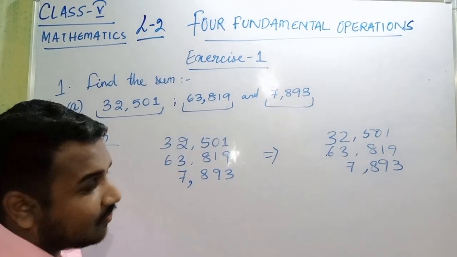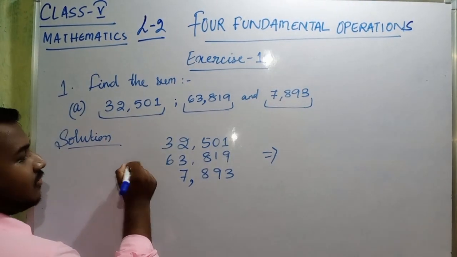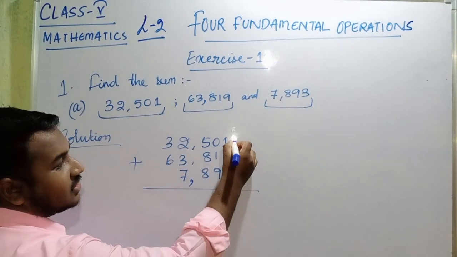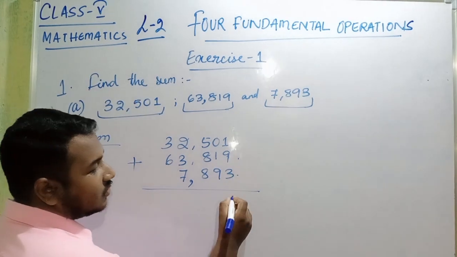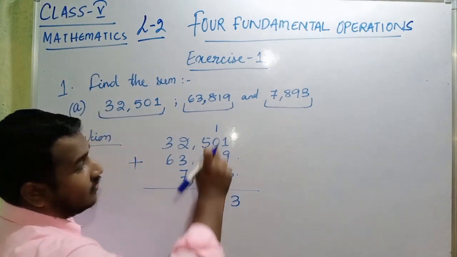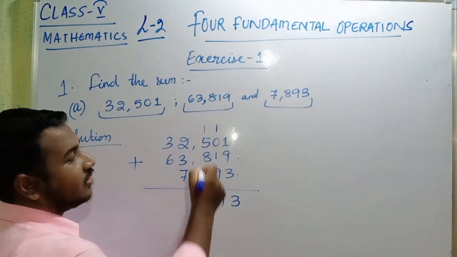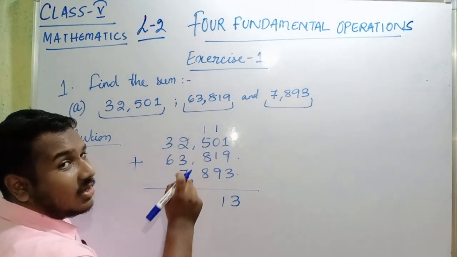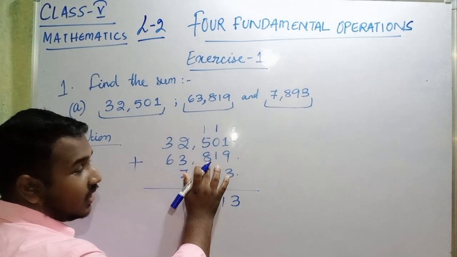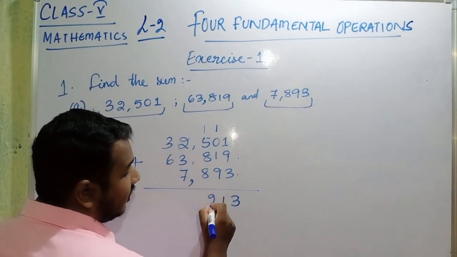Okay, now we will do the addition. So what is the symbol for addition? What is given here? Sum means you have to do the addition. So what we will do, 1 plus 9 gives you 10, 10 plus 3 gives you 13, 3 carry 1. This you have studied. Now 1 plus 0 becomes 1, 1 plus 1 becomes 2, 2 plus 9 becomes 11. Again 1, then you have to carry 1. Then 1 plus 5 becomes 6, 6 plus 8 becomes 14, 14 plus 8. Again on addition it will become 22.